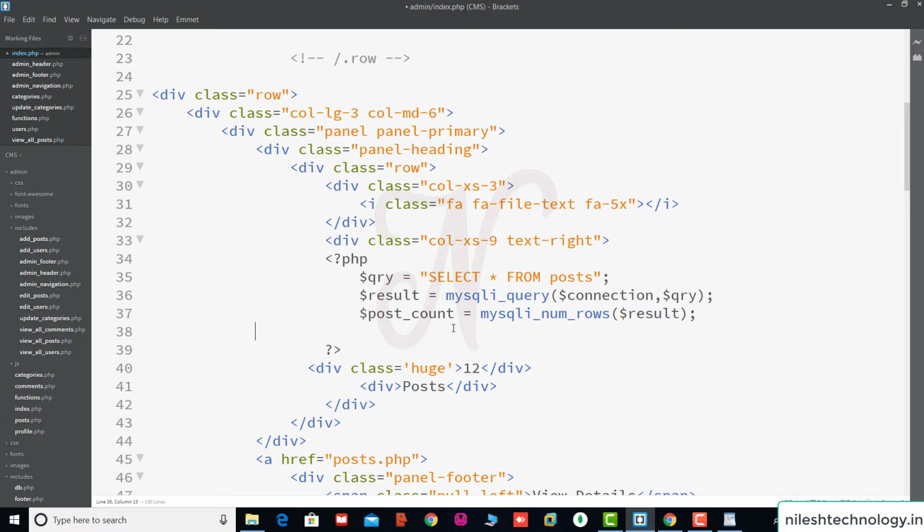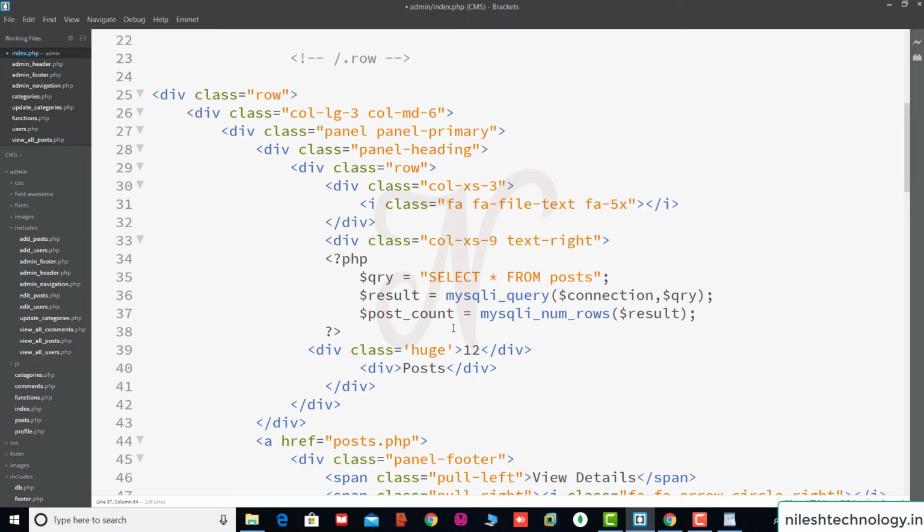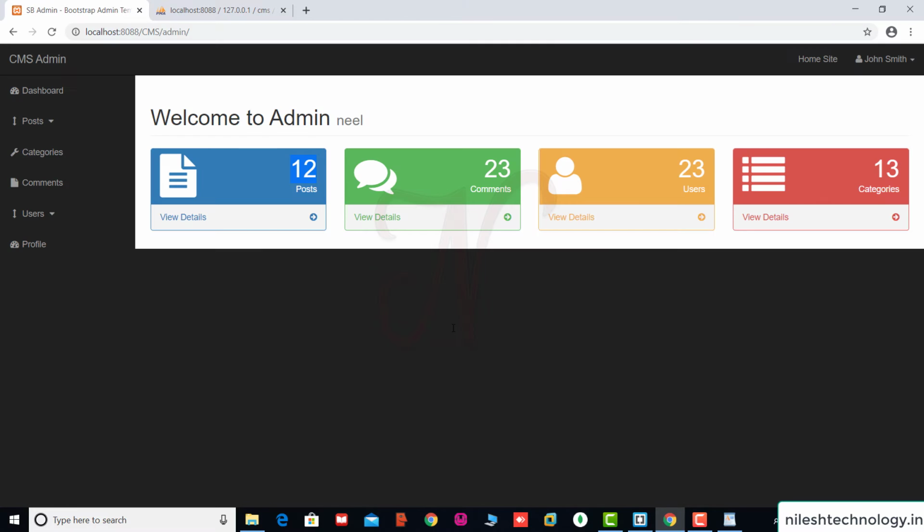This post count variable is placed inside this 12 tag. Again we use one PHP script, use echo, and print the post count. Save these changes and refresh this page. See, 2.